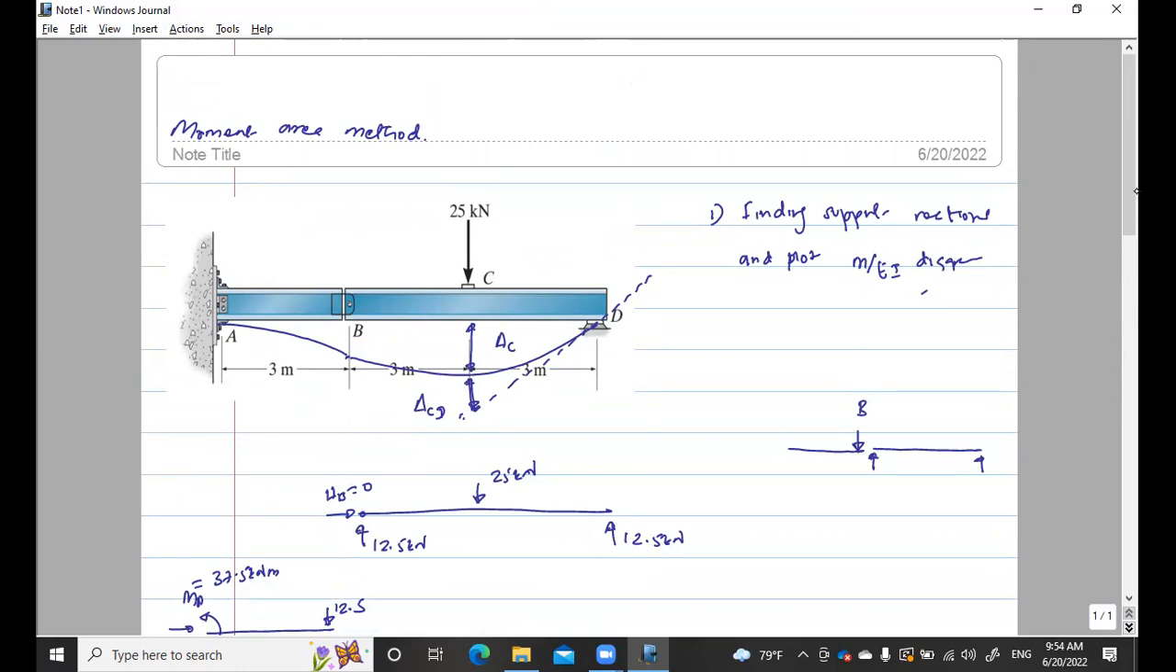Why? Because A is a fixed support, so if you take a tangent at A, it will be the horizontal line, and the tangential deviation from point B to tangent A is going to give you the deflection at B. And if you get the tangential deviation delta C,